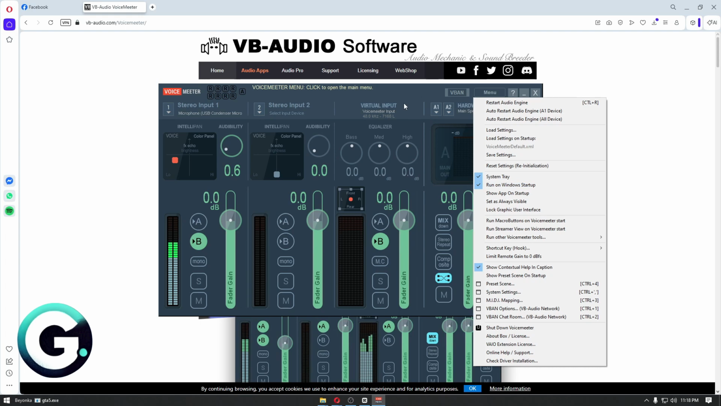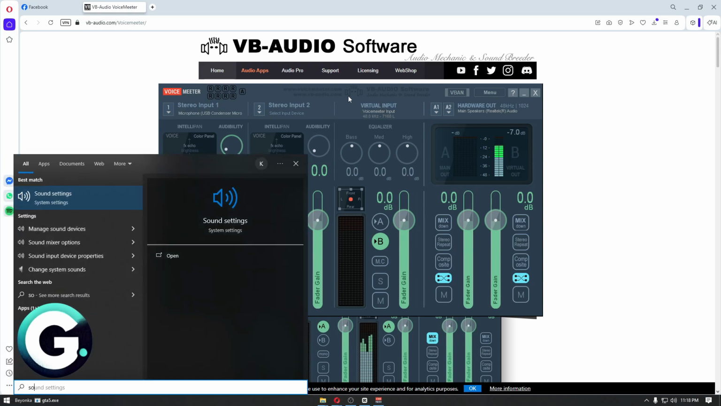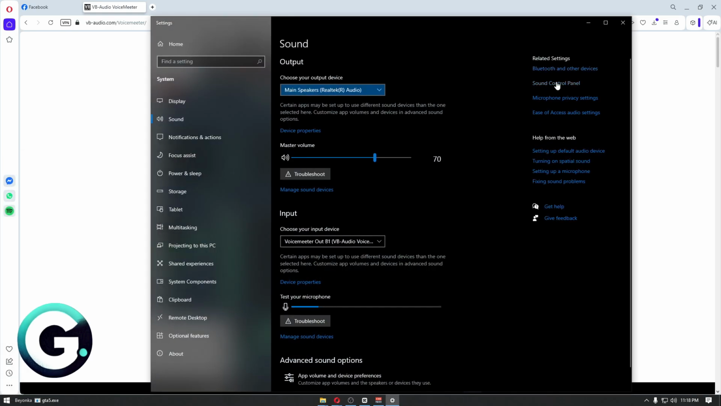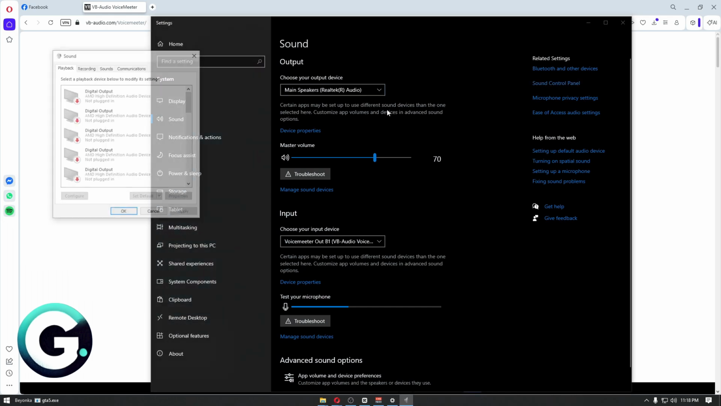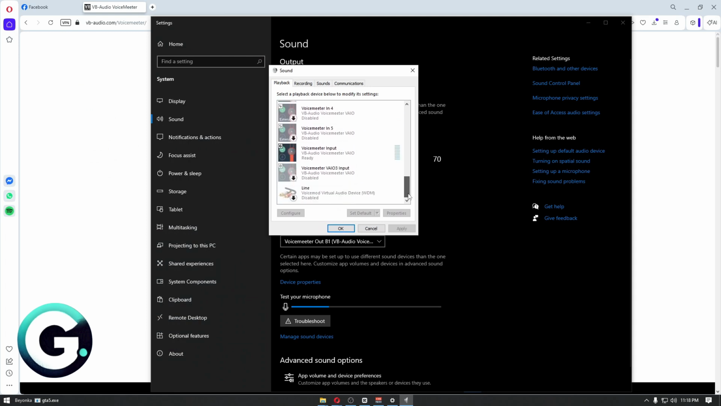Turning this on will make sure that we don't close our VoiceMeeter accidentally, and it also opens up right after opening up our computer. From there, we then want to head over to the sound settings of our Windows computer. Click on the sound control panel, and basically you want to make the VoiceMeeter the default